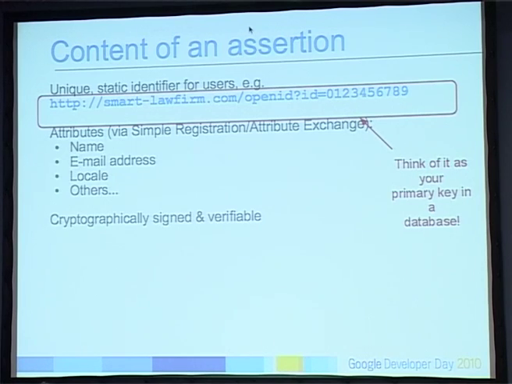This ID is really important. This is really what you would use to identify the user. So when that user comes back to your app a couple days later, this is how you would look them up in your database. And you would want to use this instead of the email address for a couple of reasons. So one is,